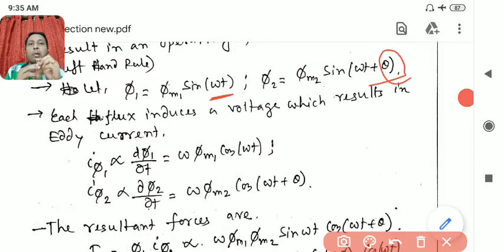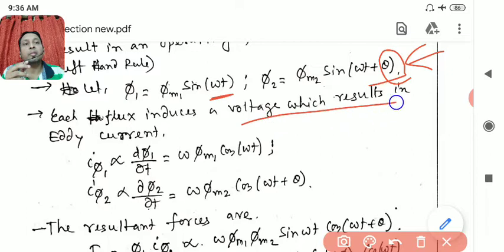There is a change. How we will change it, that we will see in the construction when we come to the IDMT relay, induction inverse definite minimum time overcurrent relay. In the overcurrent relay chapter, we will see that one. For now just remember there is a difference between phi 1 and phi 2. That difference, the flux phase shift, is given by theta. Both are taken sinusoidal because we will be applying an AC supply. It will be sensing AC supply, my CT will give AC current.